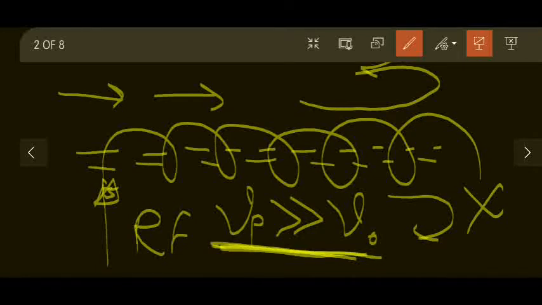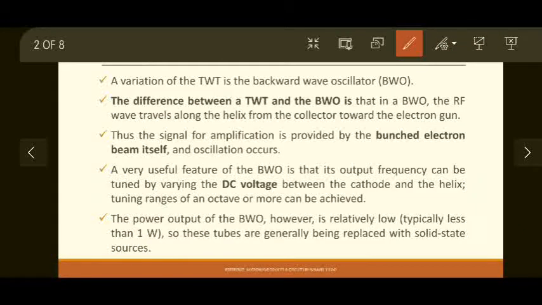So what is a backward wave? The meaning of a backward wave is, if electron beam is moving in one direction, a traveling wave should move in the opposite direction. So that means obviously we have to apply input somewhere at a different location than here. So input should not be given here, because otherwise both waves will be traveling in the same direction. Okay, so let's see how it will impact our actual concept of backward wave oscillator.